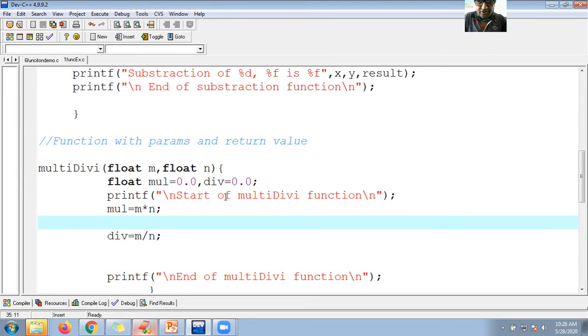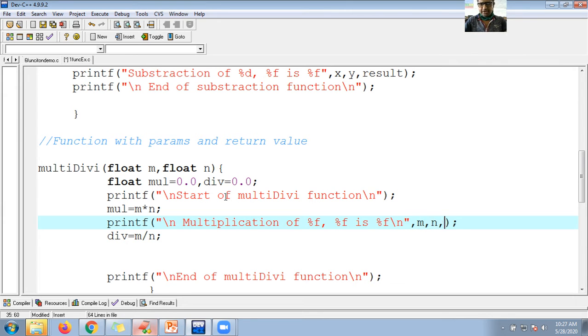Now my intention is to show multiplication here and return the division value. So let me show here multiplication of %f comma %f is %f backslash n comma, what should I show here?